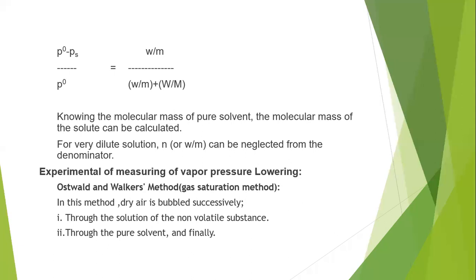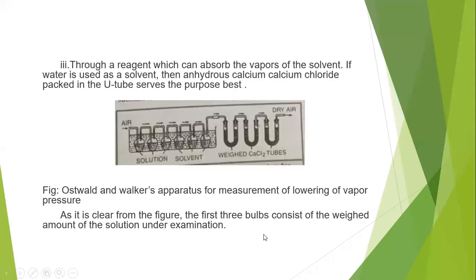Ostwald-Walker's instrument consists of three parts. First, we send the dry air through a solution of a non-volatile substance. The solution must be non-volatile. The second is through the pure solvent. So first we send it through a solution, next through a solvent, and next through a reagent which can absorb the vapors of the solvent. The third one is a reagent consisting of a substance which is ready to absorb the vapors of the solvent. If water is used as a solvent, then